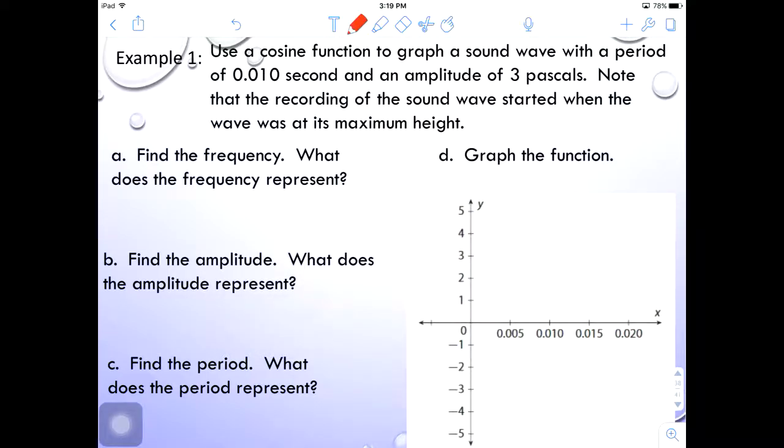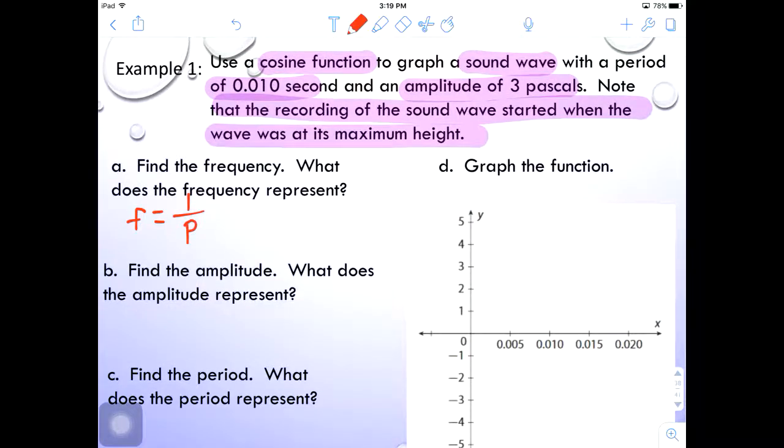Let's take a look at example 1. Use a cosine function to graph a sound wave with a period of 0.010 second and an amplitude of 3 pascals. Note that the recording of the sound wave started when the wave was at its maximum height. Part A, find the frequency. What does the frequency represent? Once again, using the formula we have earlier, frequency is equal to 1 over period. From the description, the period is already specified as